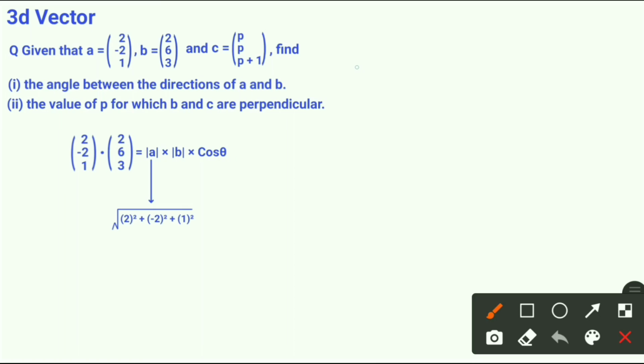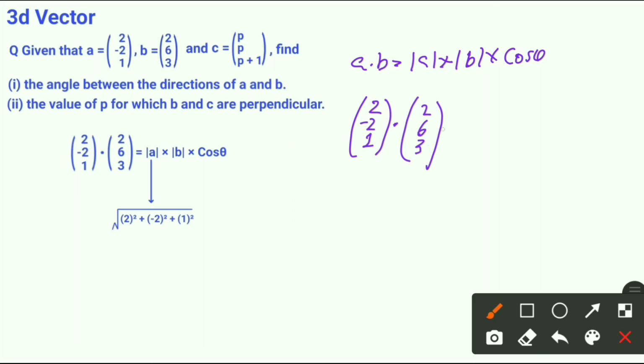We'll use the dot product. So the dot product a dot b is equal to the magnitude of a multiplied by the magnitude of b multiplied by cos theta. Here a is (2, -2, 1) and b is (2, 6, 3). So 2 will be multiplied by 2, then minus 2 multiplied by 6, and 1 is multiplied by 3, and this is equal to